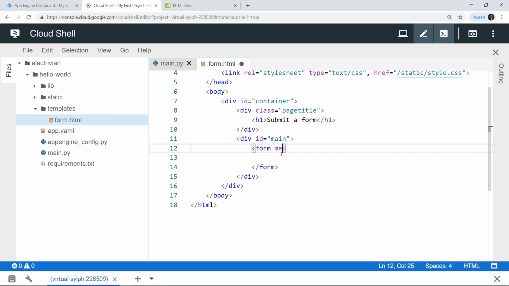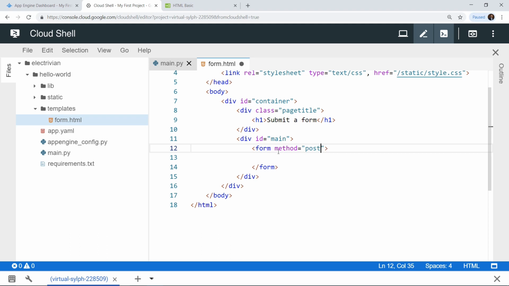So first of all we have a method. Okay, and this method is essentially referring to what type of HTTP request do you want to generate after the user has clicked on submit.